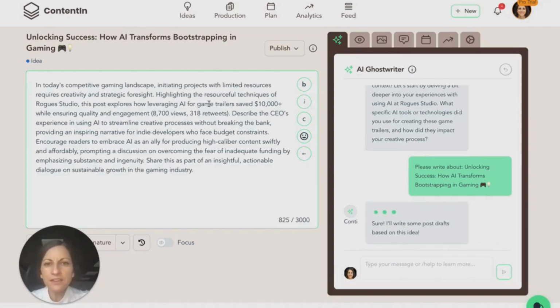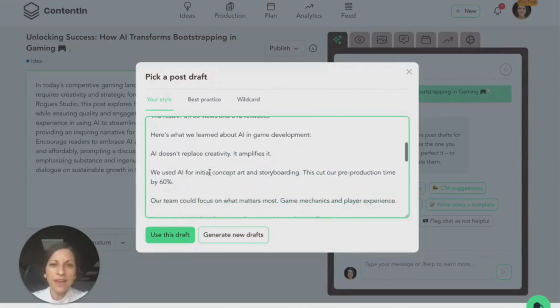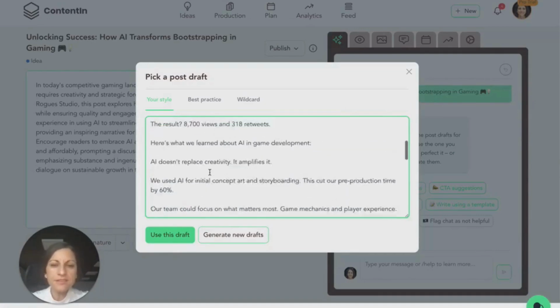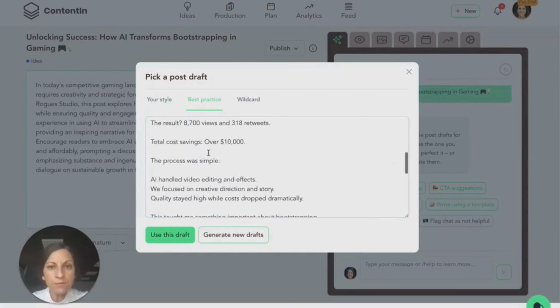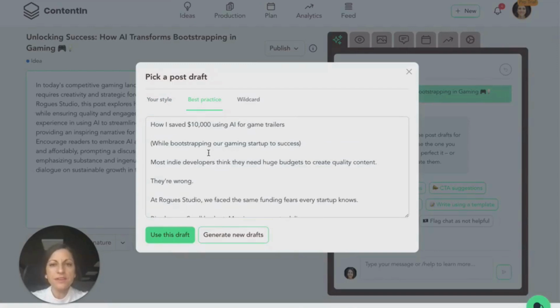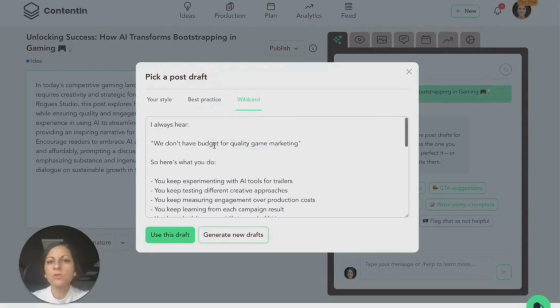What I do like here is that there are some really interesting ideas, very truthful to what I normally write. Yes, about indie developers thinking they need huge budgets. I really love this. I think it's already written in my style. You can see that it has very spaced out sentences, really clear. So you have the best practice as well, following the hook and structure that's most popular on LinkedIn. And we have a wild card, which is normally a bit of a crazy, controversial hot take, using all the triggers for social media